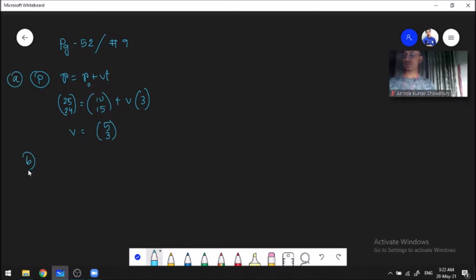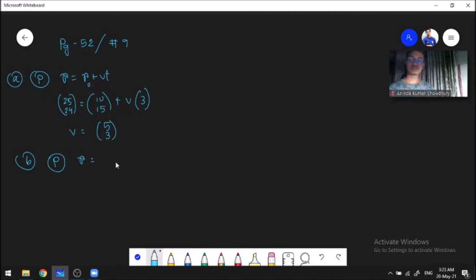In part B, we have to find the expressions for p and q in terms of t, i, and j. So we know the velocities of P and Q. We know the initial position vectors. So using those, we can find the final position vector. Small letter p and q are basically the final position vectors of P and Q. So for P,